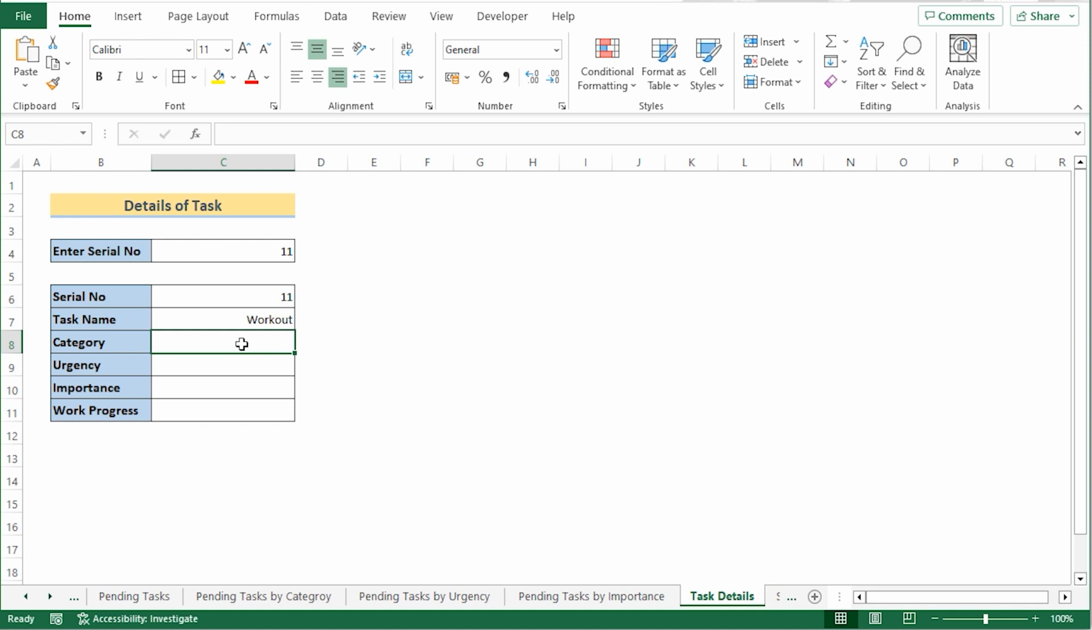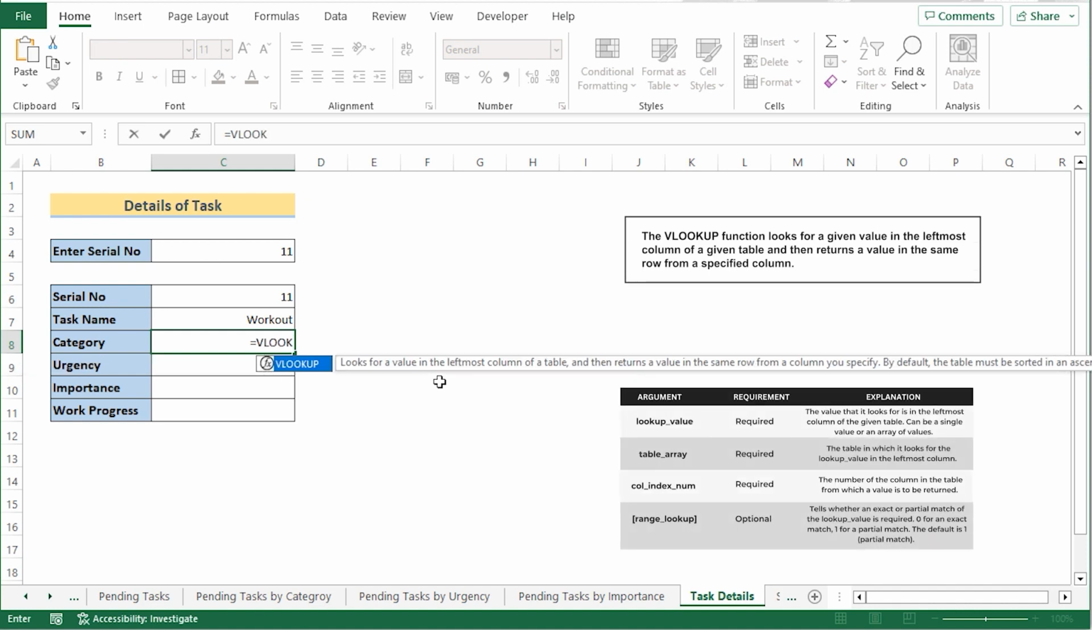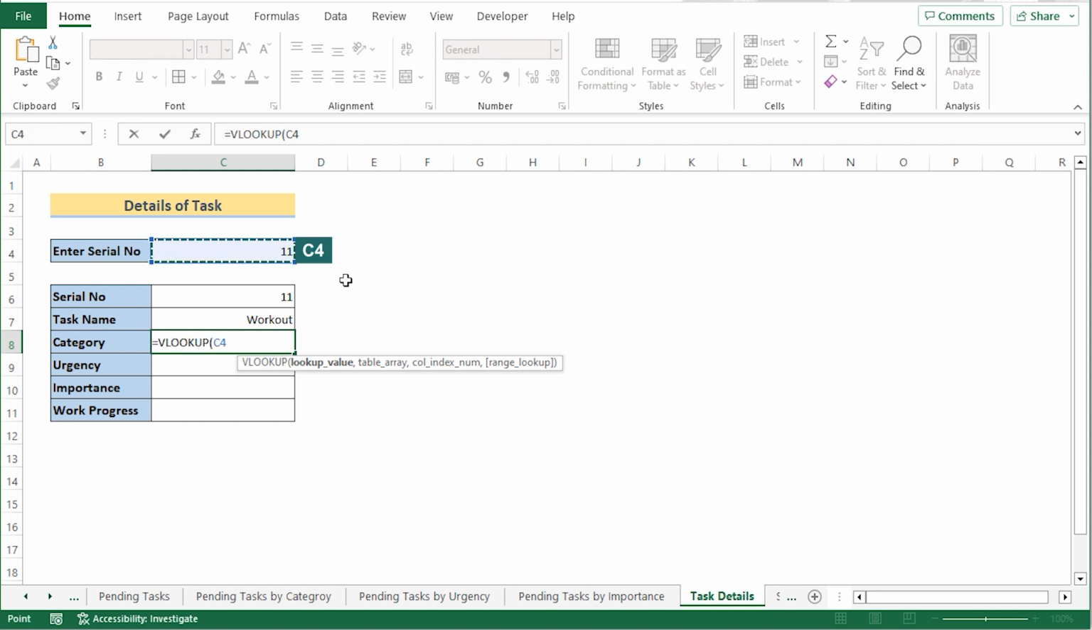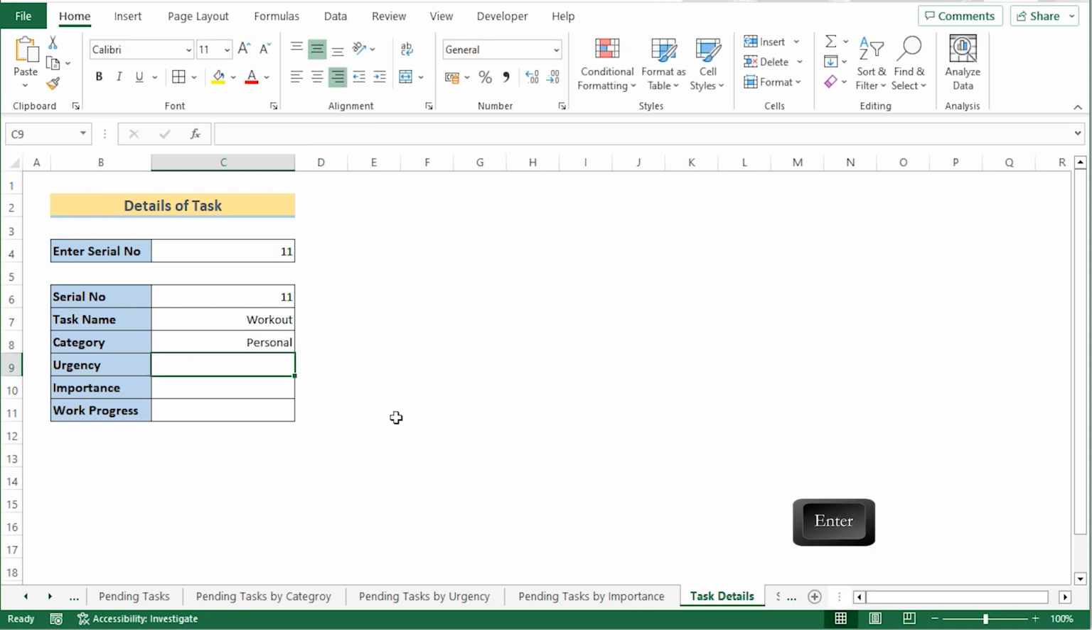You can again use the VLOOKUP function to find the category also. You need to again write down the VLOOKUP function and then again go for the C4 cell and make it permanent by F4 on the keyboard. Next section, you will again refer the task list, and now you want to get the result for the third column. So you'll write down 3 as your column index number and press the enter button to get the personal